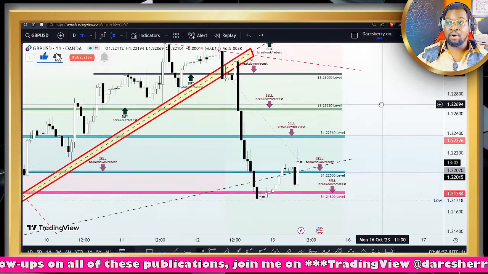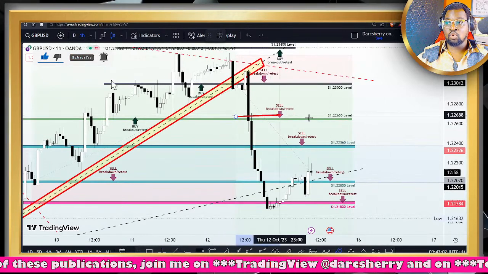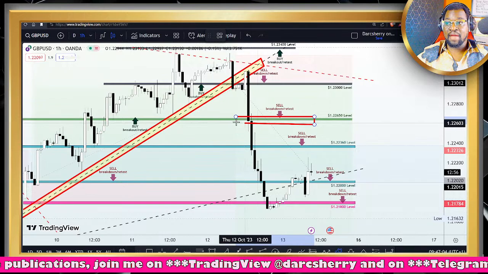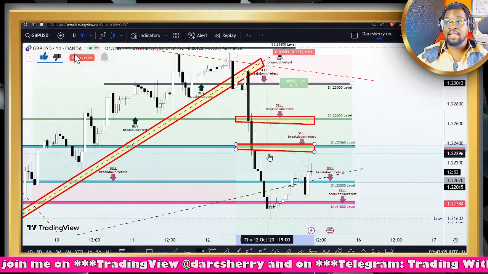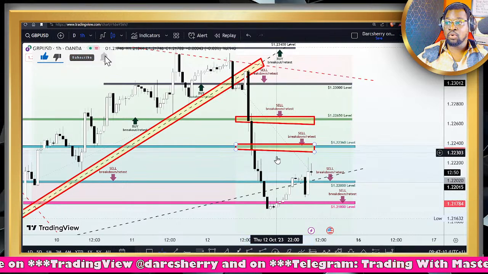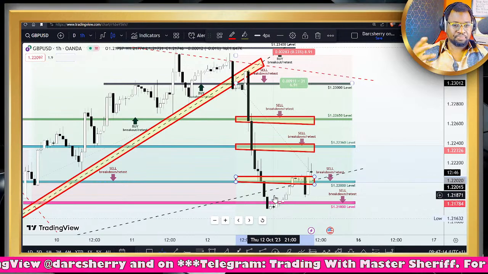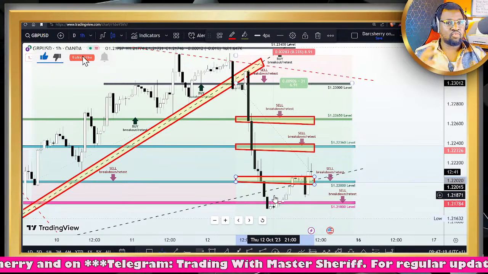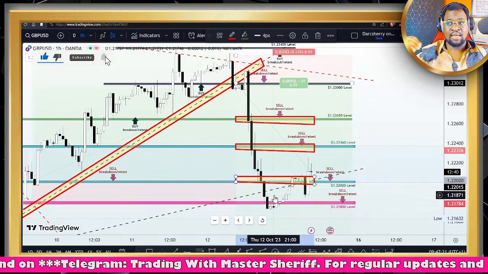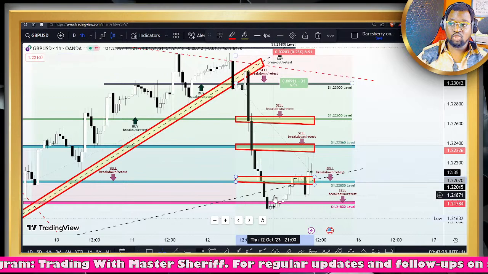Remember, we had multiple levels where we said we will be using it to maximize the bearish momentum there. So we had the 1.2265, the 1.22360, and the 1.2200 area to milk this bearish momentum to the downside. So we had roughly about 200 pips approximately on all four positions in the last 24 hours.